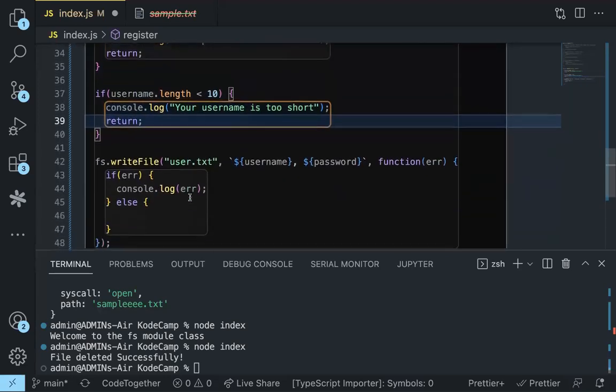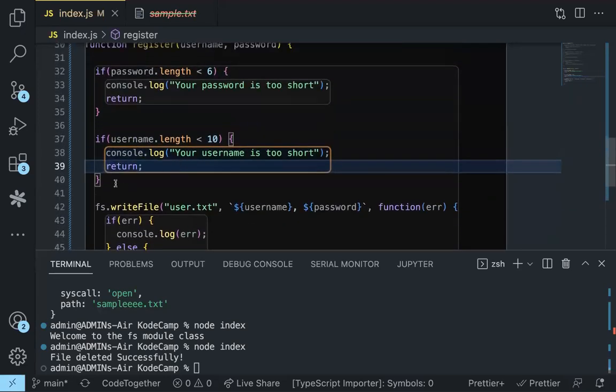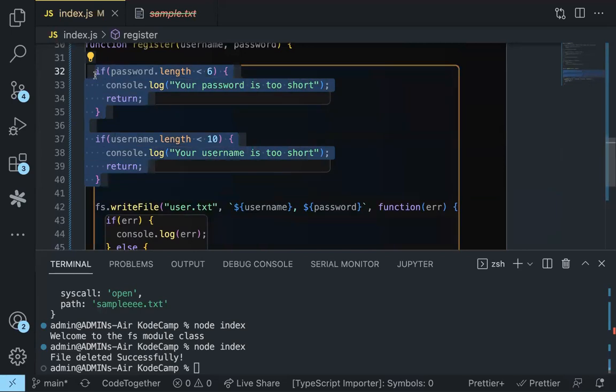Then if these two are false, which means the length of your password is higher than 6 and the length of your username is higher than 10,